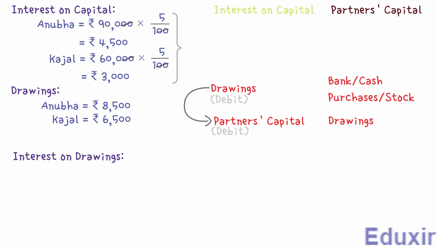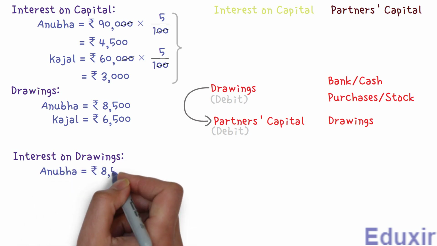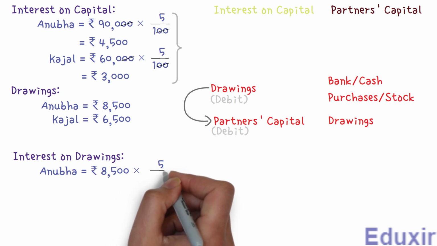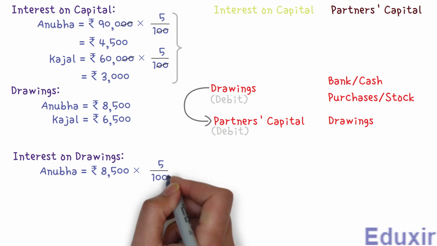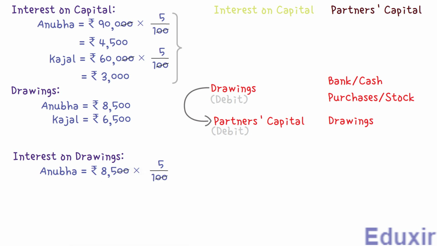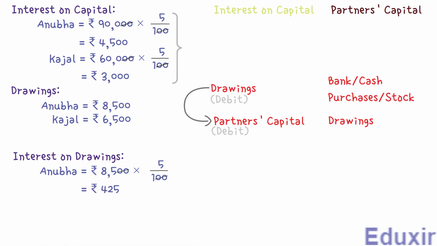To get the interest on drawings for the partner Anubha, let's multiply her drawings amount of 8,500 rupees with the rate of interest on drawings, which is 5 upon 100. Let's cancel 2 zeros in 100 for the 2 zeros in 8,500 rupees. If we multiply the remaining 85 with 5, we get 425 rupees, which is the interest on drawings for the